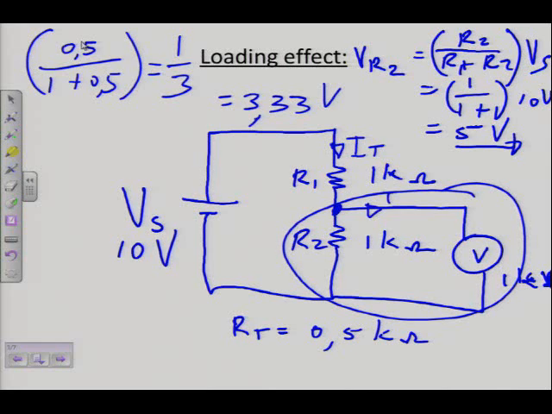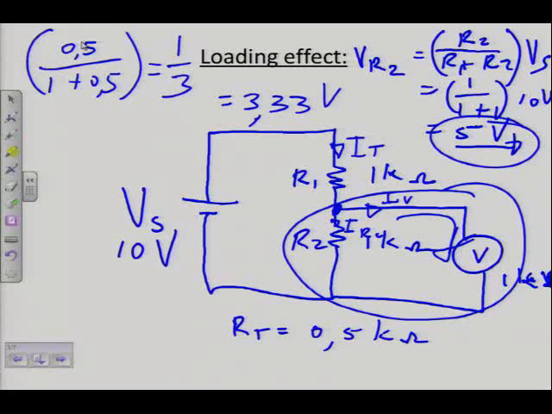Then it goes into I of the voltmeter, and it splits into I R2 as well. So some of the current will flow through the voltmeter, and some of the current will flow through my load resistor, through the resistor R2. Same amount actually, because both of these resistances are the same, which is not what I want. I don't want the current to flow through my meter, because I want to make an accurate reading on my